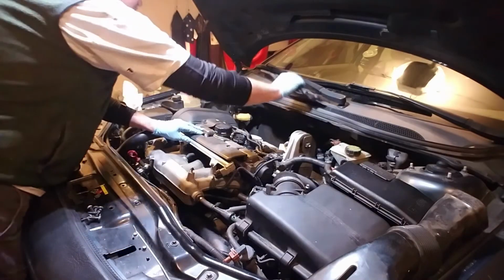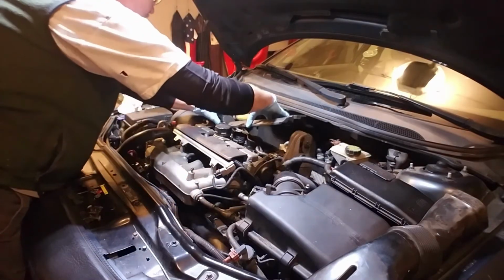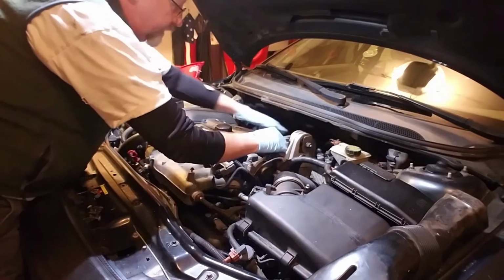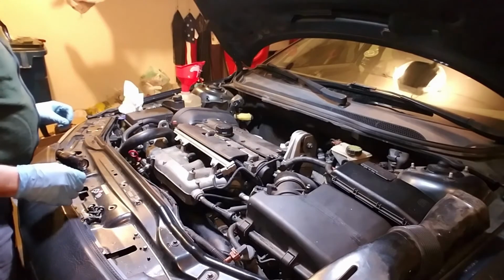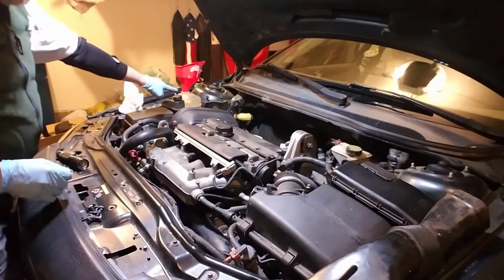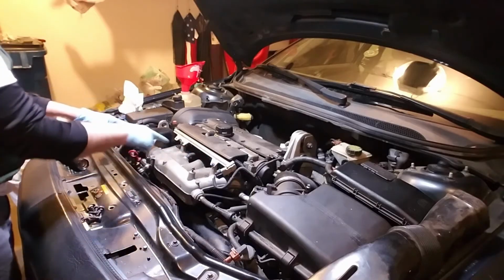Get these started, and this one of course goes right here. So I'll get all the bolts in for that. And I'm also filling my coolant back up. Put my coolant back in since I had to drain that because I replaced this